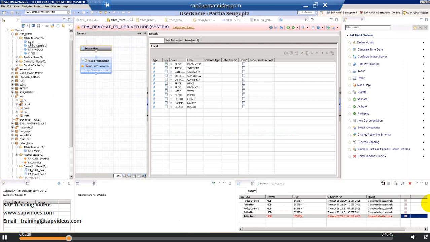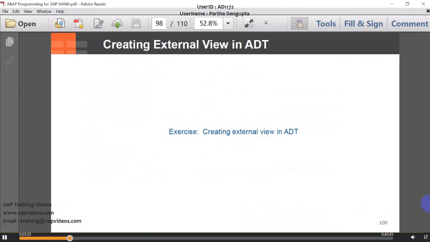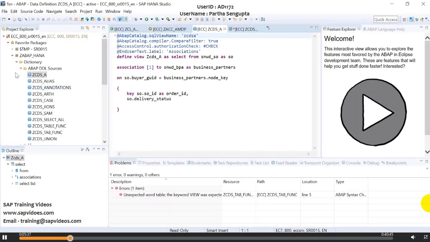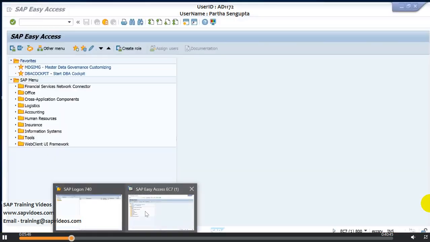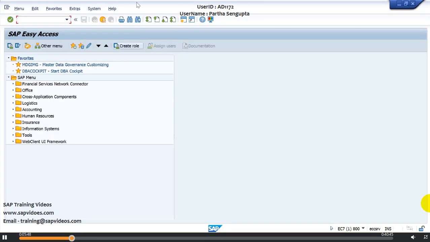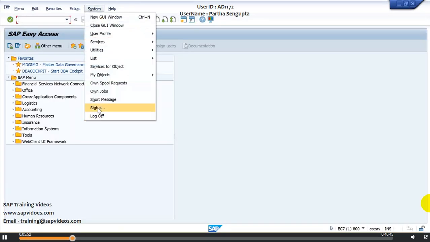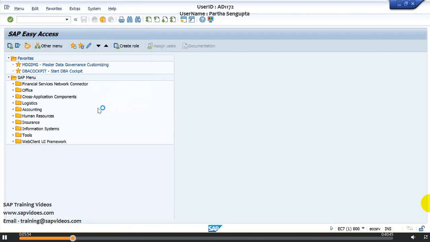Suppose this is my attribute view, and I want to expose this attribute view in ABAP. Firstly, the ABAP system which you are accessing should have HANA as its primary database. Suppose for EC7, if I go to System and Status, here you can see